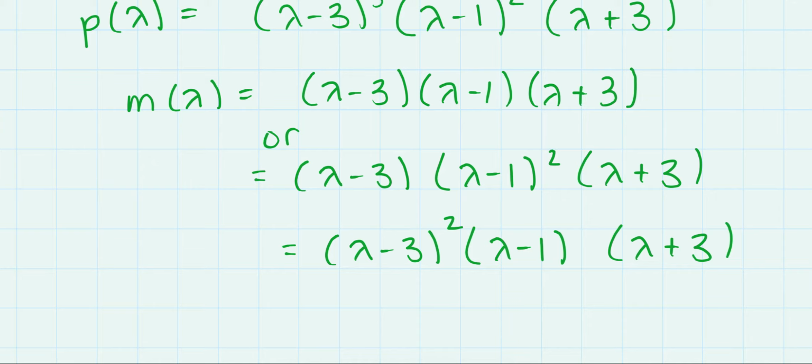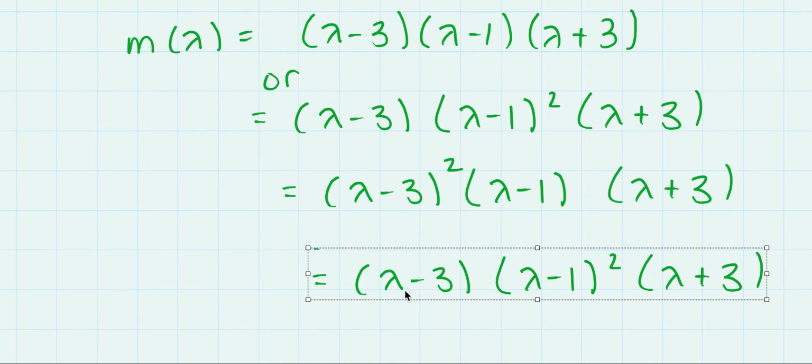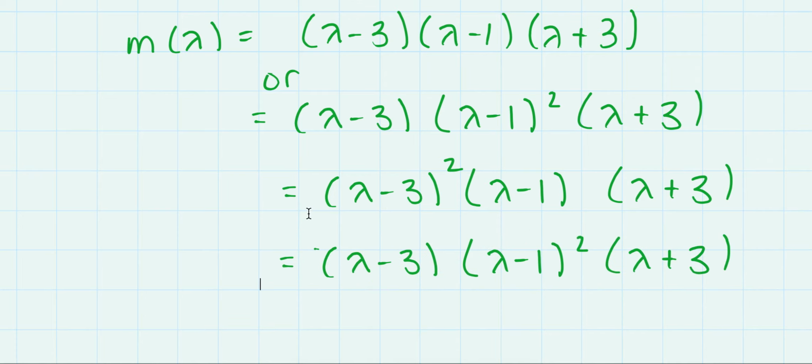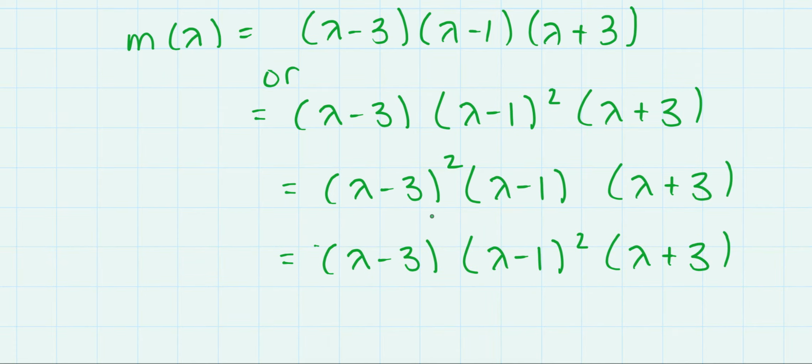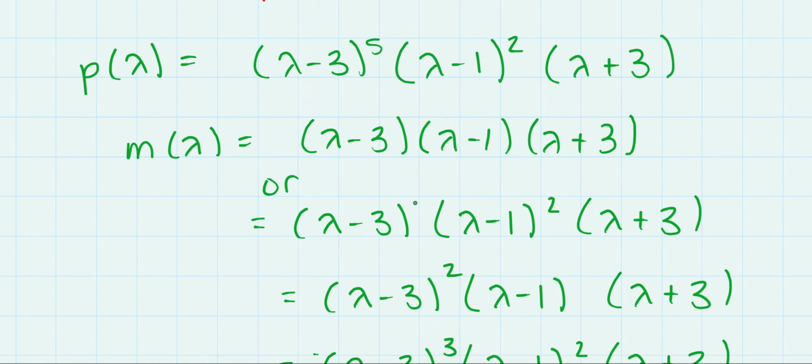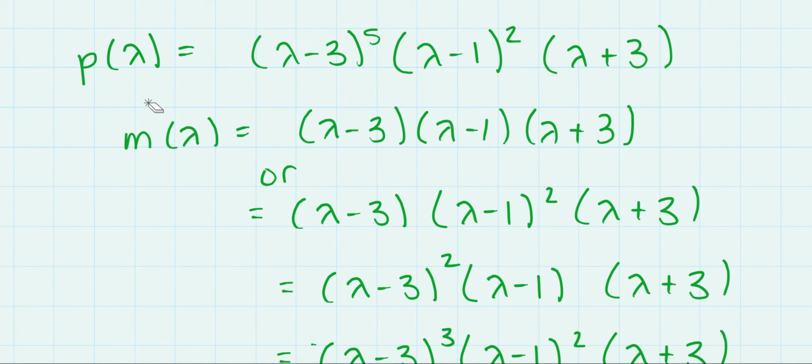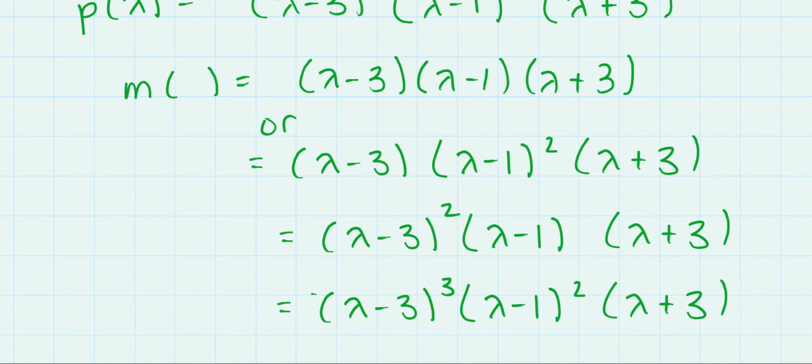Or I could maybe put a 2 here, or I could put a 3 here, or a 4 here. So something like this. And what I'm going to do is plug in the matrix A into each one of these and see which one of them gives me 0, the one with the fewest amount of factors,